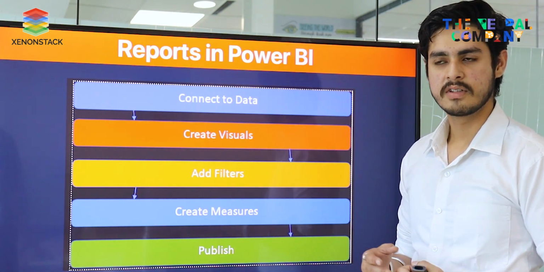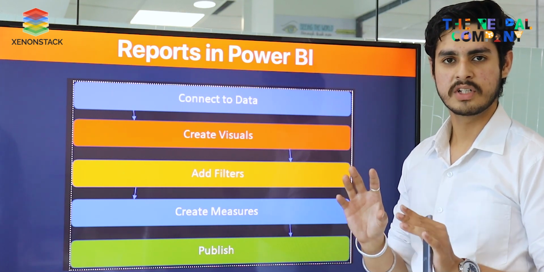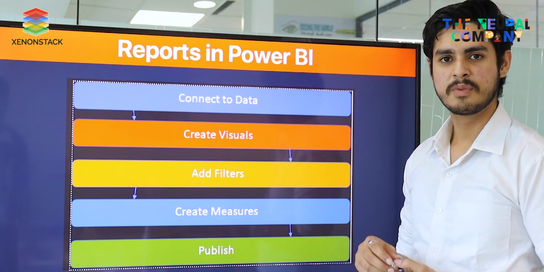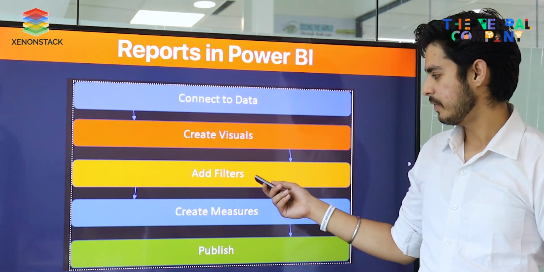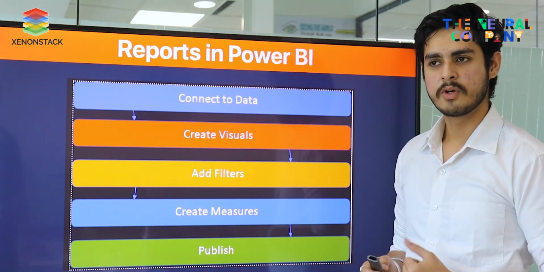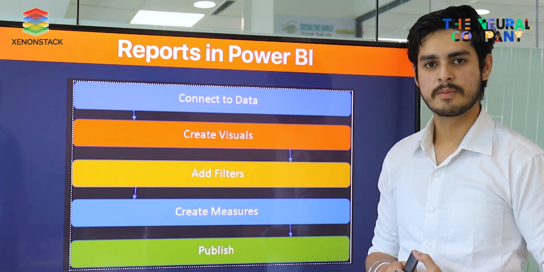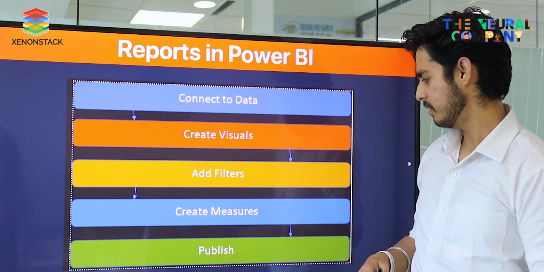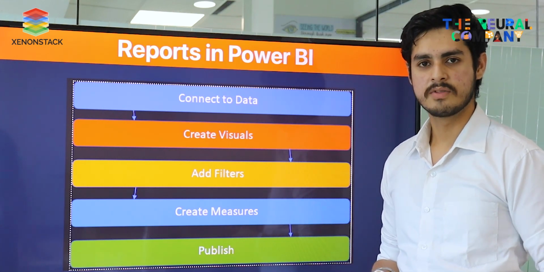So we can slice down, or filter down, the data which is most important to us, and that will be beneficial for others to view. After creating filters, we go to creating measures. It's not possible for every data to have possible measures, so we have to create our personal measures. Next step is publish. When we have created our reports, we go to Power BI service and publish our reports